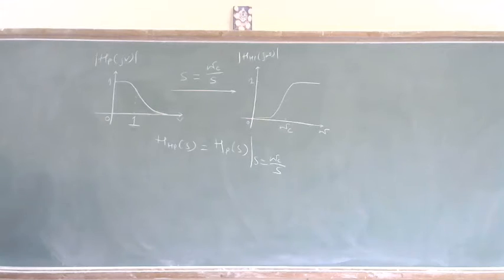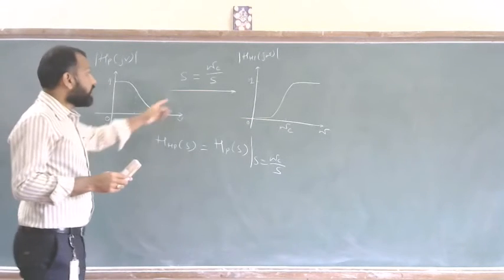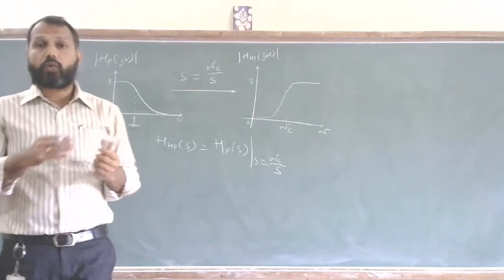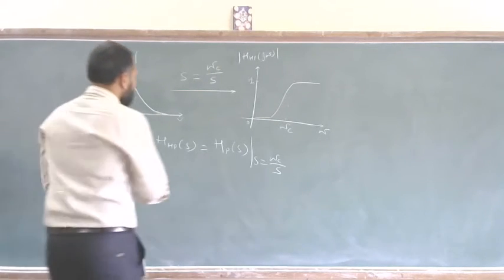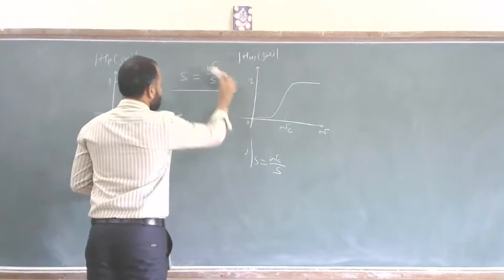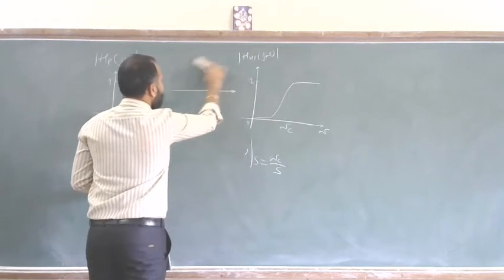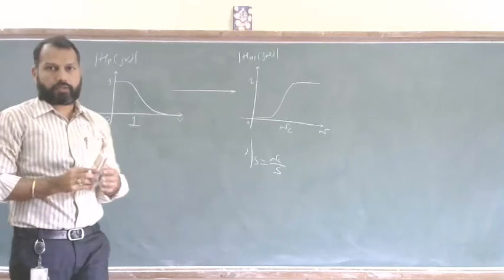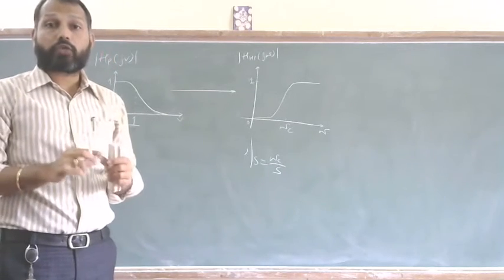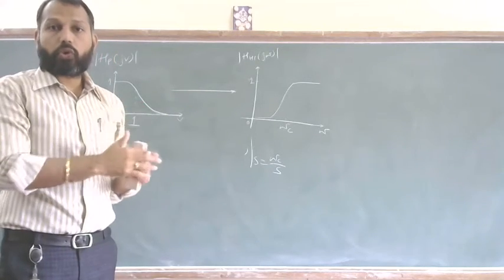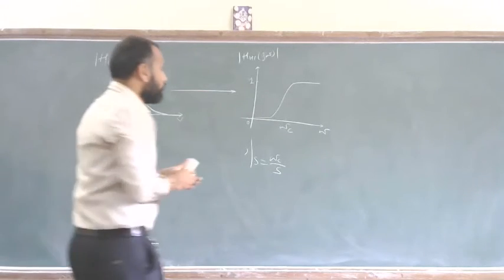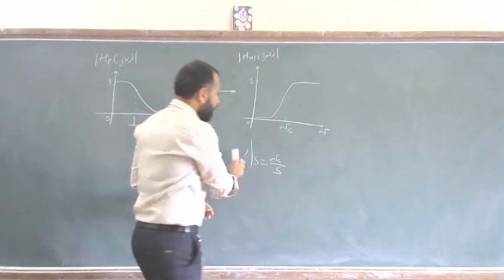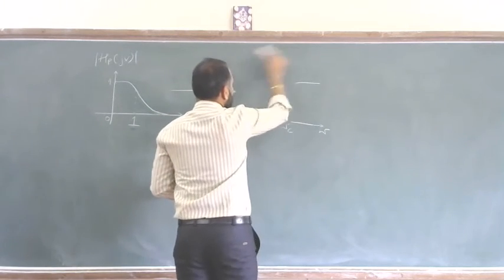Okay. Next, we'll see what is the transformation to convert low pass prototype into band pass. Now you need to remember these transformations, what to substitute in place of S to convert the prototype low pass into practical filters. I'll summarize them at the end. I'll write the table for it. But for now,